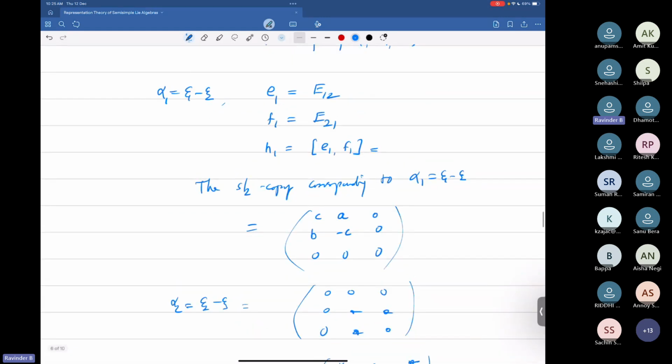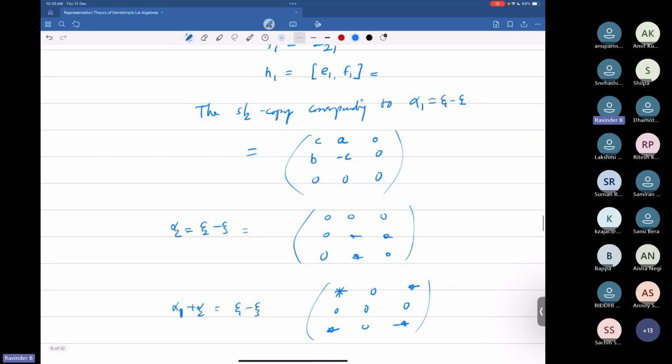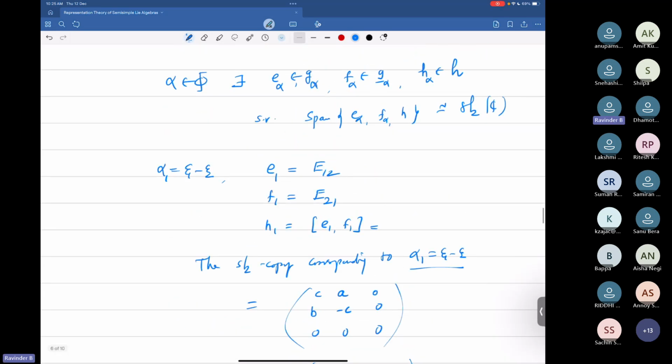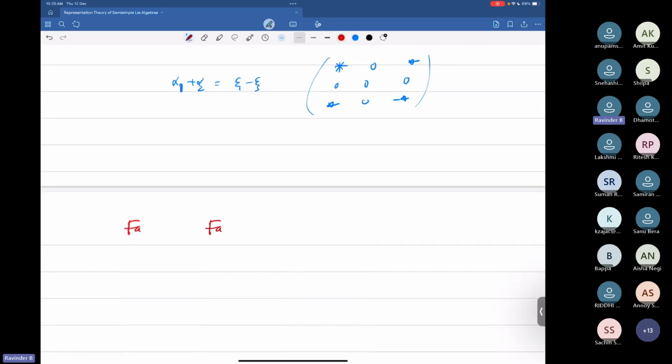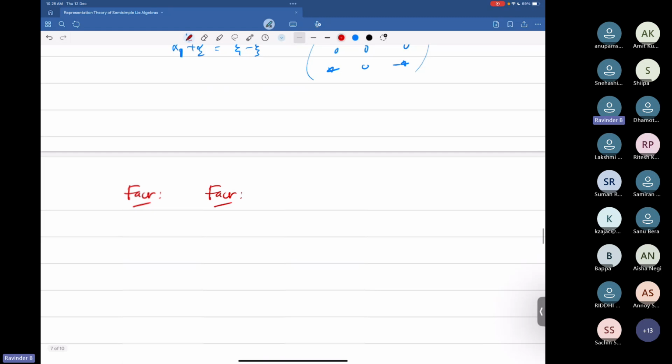But if you take another root, still the SL2 copy is the same. If you take minus alpha 1, you get the same SL2 copy. So the more things you are observing here, they are all facts now, quoting for a semi-simple Lie algebra. So for a semi-simple Lie algebra G,